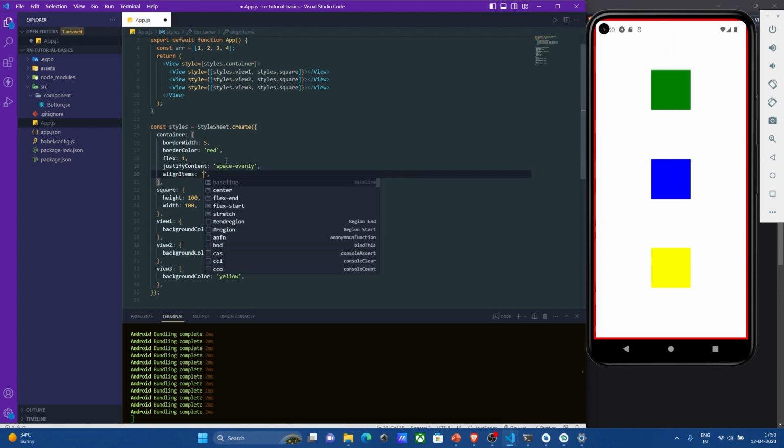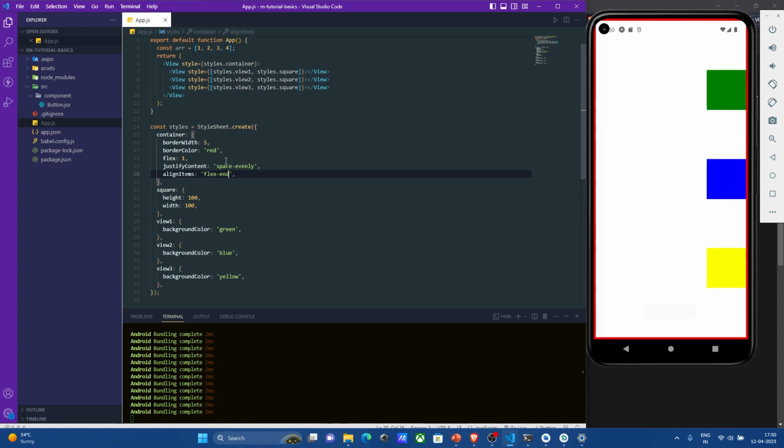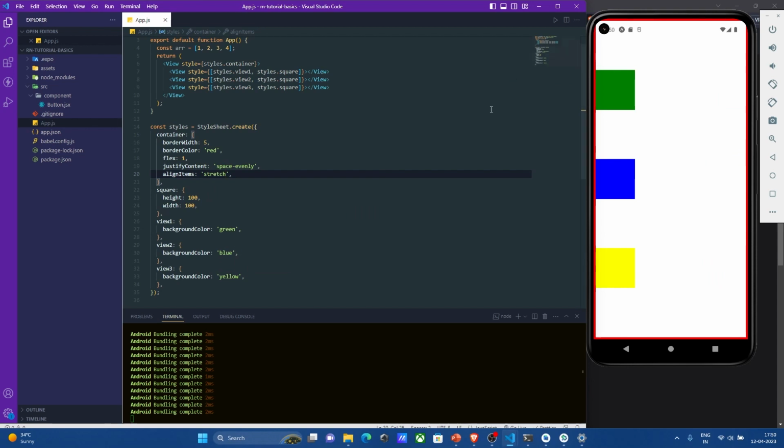Similarly in align items as well, we have flex end, right? Flex start will put it to the front, and stretch will put it here only. So in specific cases, if we want to fill it, we can use stretch. Now what we see is justify content is placing it vertically and align items is moving around horizontally,